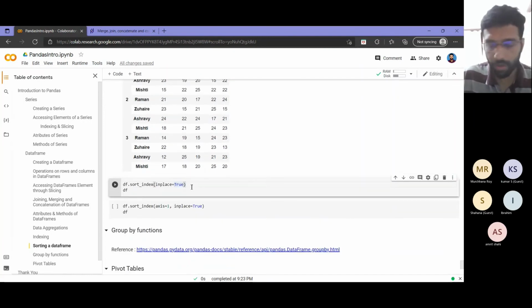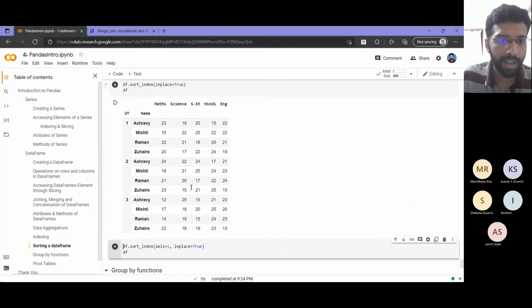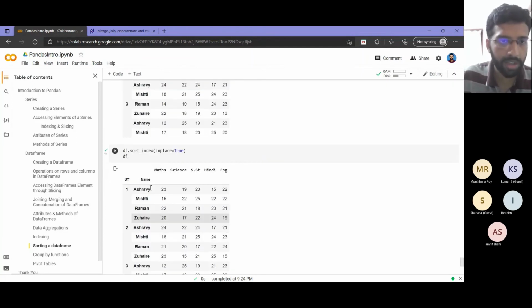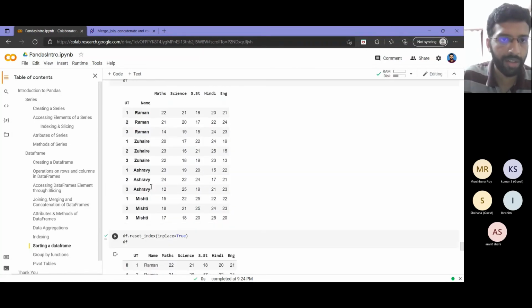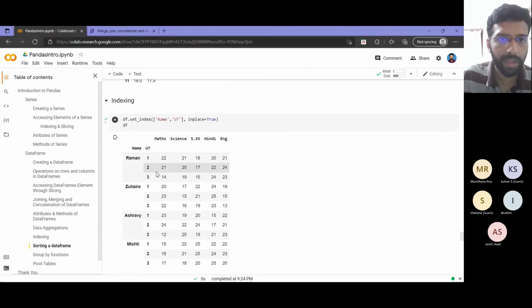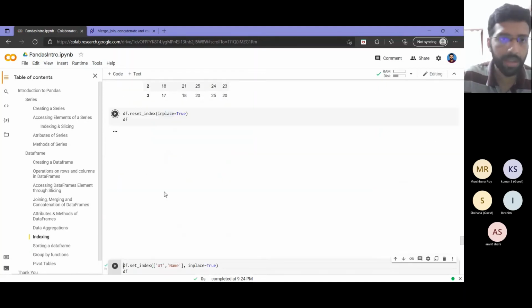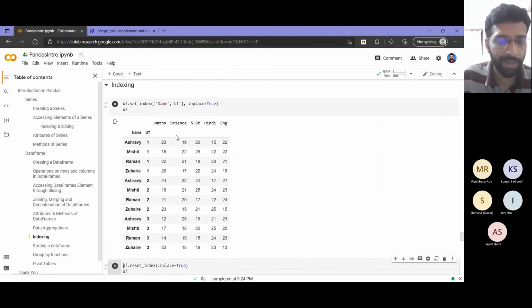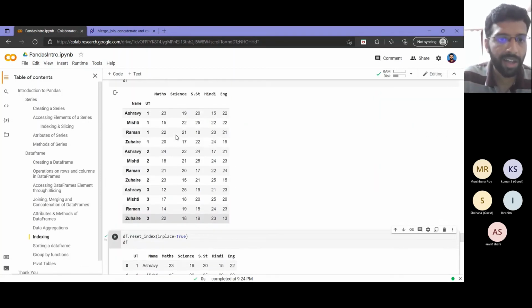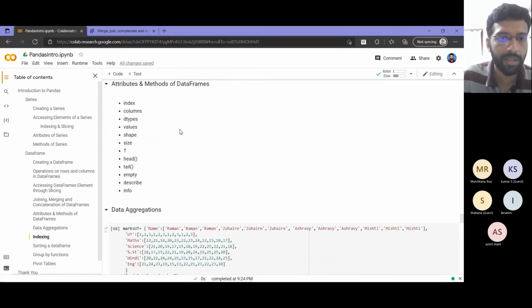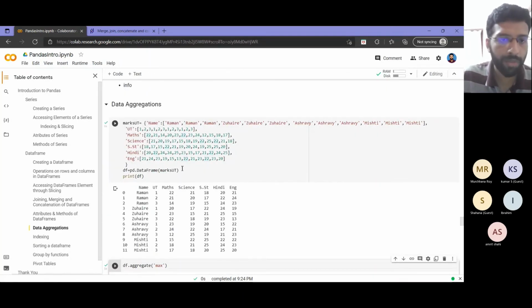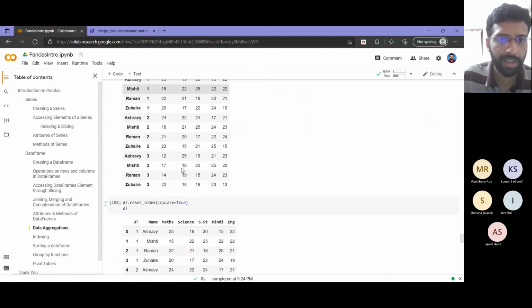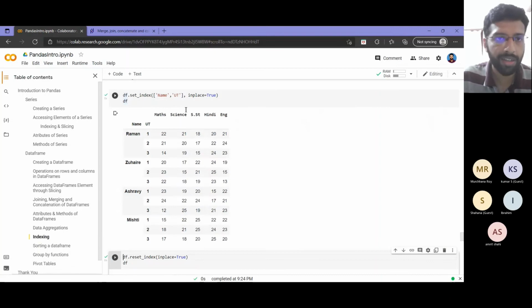Now suppose I want to sort the index. Again, it is already sorted, so we will go to the other example. So we will just reset index. When you go through the notebook, just make sure, because we have gone in a non-linear fashion and run cells here and there, that difference may come when you finally run it. So I just run this once again. If you have some doubts, you can always refer to the video, because we have run the cells in a non-linear fashion.